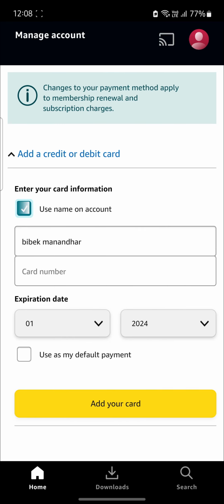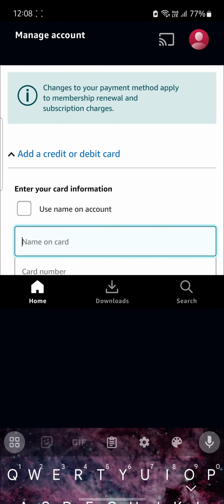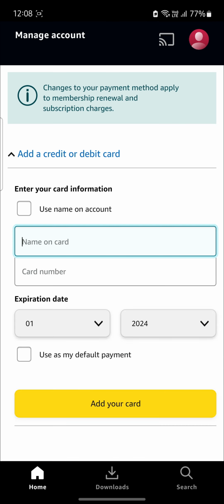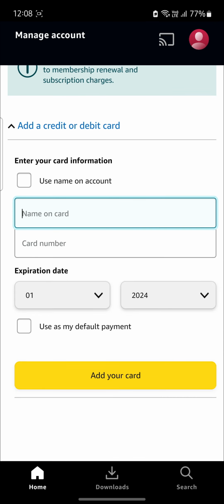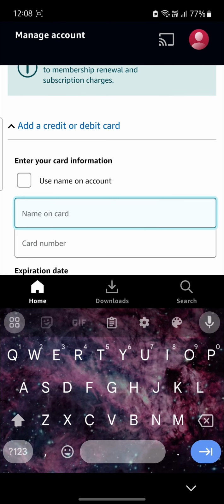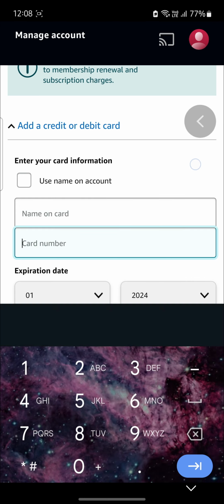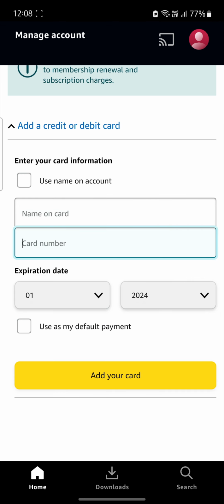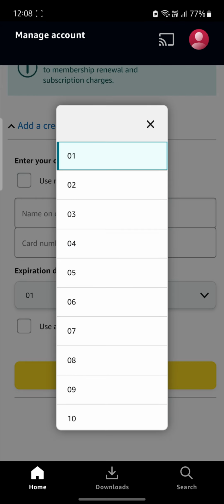So you can see, if you tap on it, you can use the name on account, or you can write down a new name for your new card which you are going to enter. So the first step is to write down your name on card, then write down your card number. After that, turn your card around and you can see the expiry date behind it. Go ahead and select the expiration date